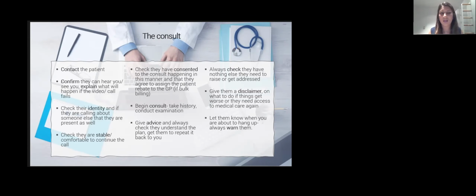Asking how active a child is, are they actually able to get up and get off the couch, are they rousable? You just have to go through all those questions instead of being able to do it yourself. When you get to the end of the consult, it's really important to check that there's nothing else they want to say or they want to talk about.